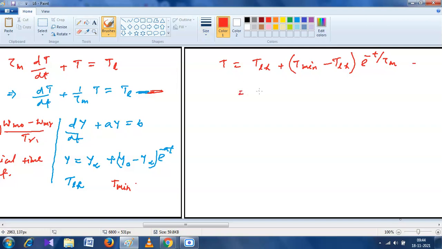अब थोड़ा सा इसे रीअरेंज करें तो क्या मिलेगा? TLH (1 minus e to the power minus t by tau m) plus T min e to the power minus t by tau m. ऐसा होगा, देखिए। हम अगर इसे रीअरेंज करेंगे तो ये आएगा।